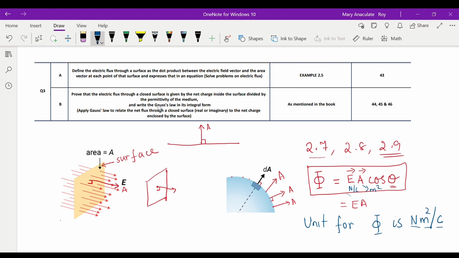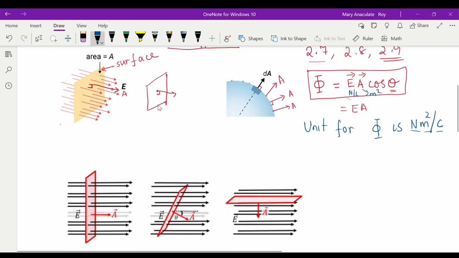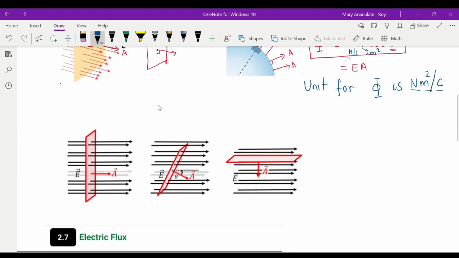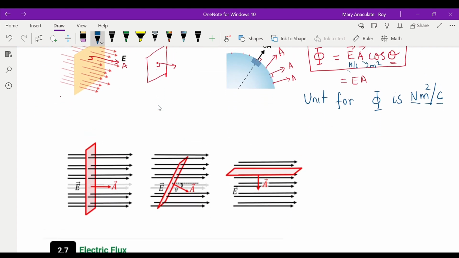So this is about general electric flux definition, formula and unit we have seen. Alright, now let's apply it to some situations. It's a very simple question, but still it's important to identify the direction between the two electric field vectors. Now if you notice here, the sheet is kept in this direction and the electric field vectors are the black